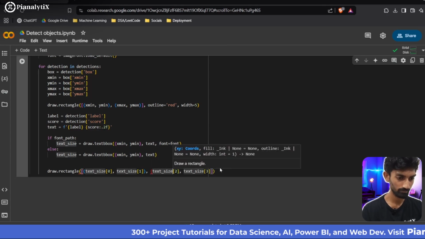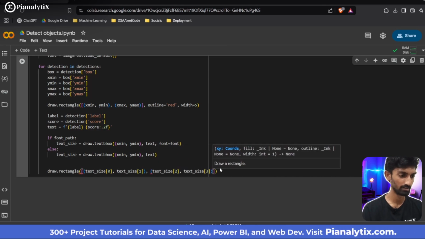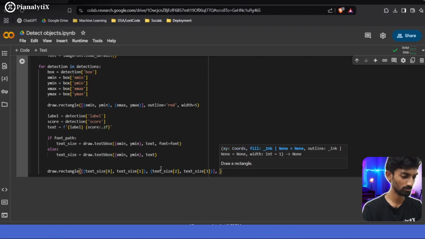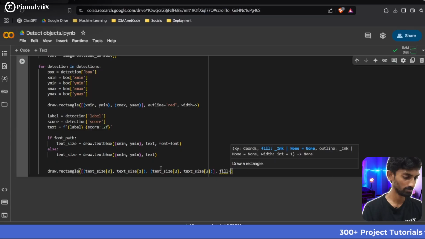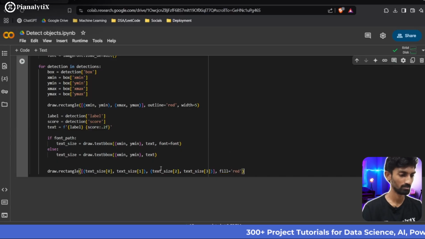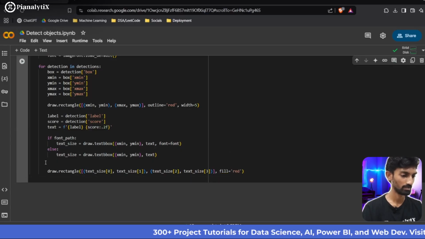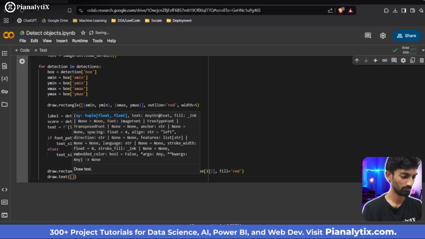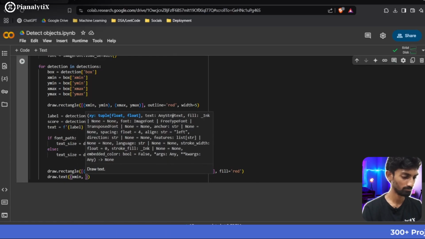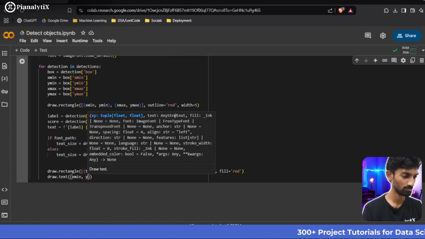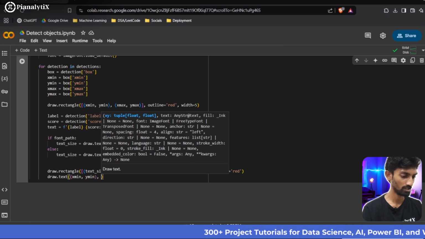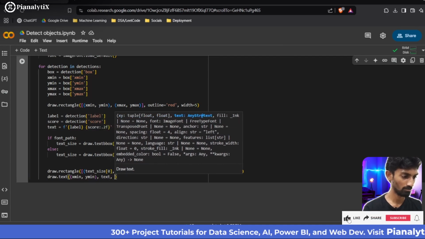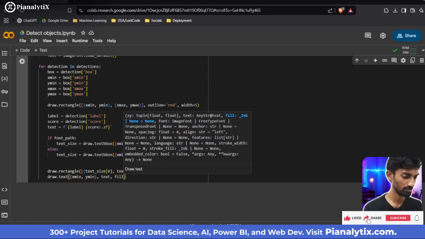Also need a tuple there. Okay. After that, we need to fill with red. So after filling it with red, we will do draw.text, and we'll do a tuple at x mean and y mean. Again, we will do text,